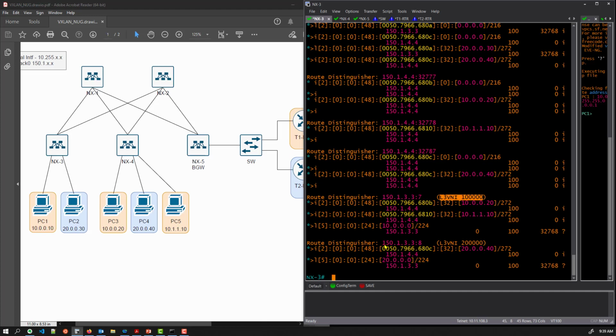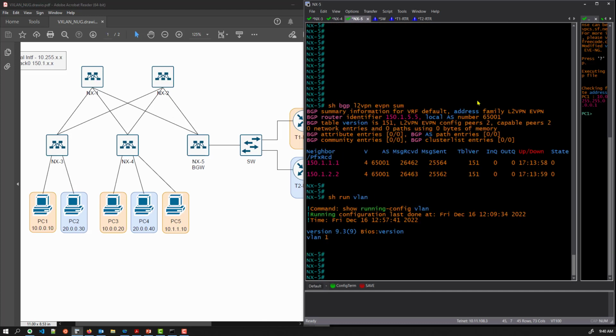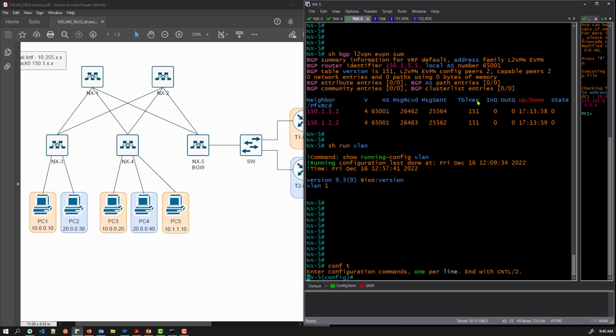We have something similar down here: the layer 3 VNI for the blue tenant, which we use 200,000. And then here's the route type 5. Here's the gateway subnet, or the VLAN that it's on, which is a /24, 20.0.0.0/24. So that is introducing that into BGP. And as soon as we do our configuration here, we should see the Nexus 5 learn these, and it will pass those on. So let's go to Nexus 5 and create our VRFs, which we don't have,